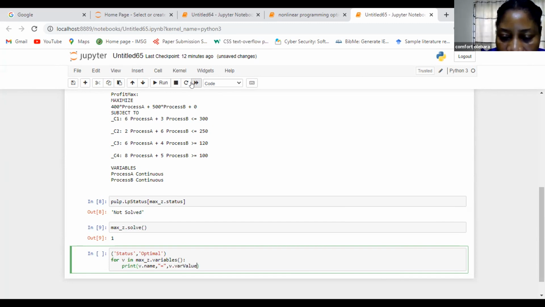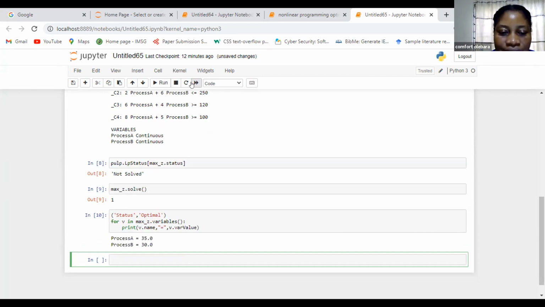Okay, so let's run this. It's telling us that process A should be 35.0, while process B should be 30.0. So this is the resolving of the problem. Finally, we have the implementation, which you just have to say print out for me, print the optimal solution